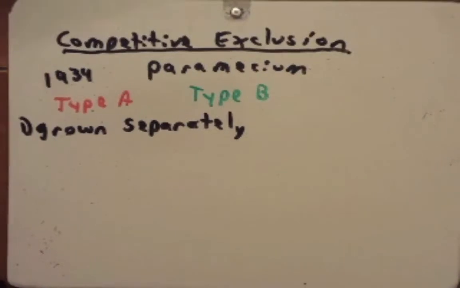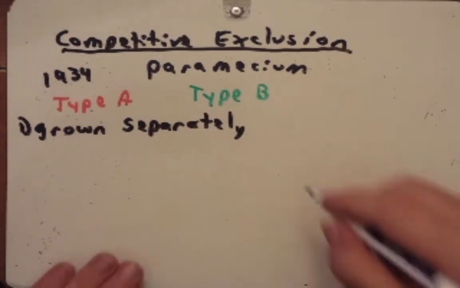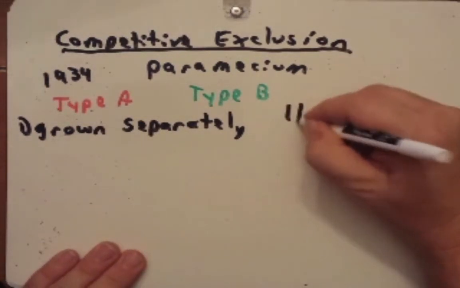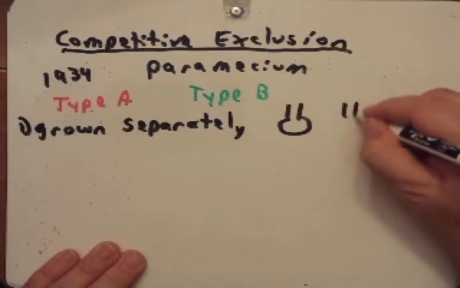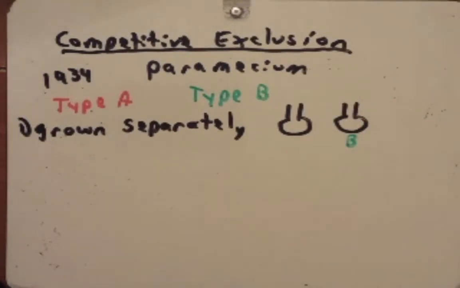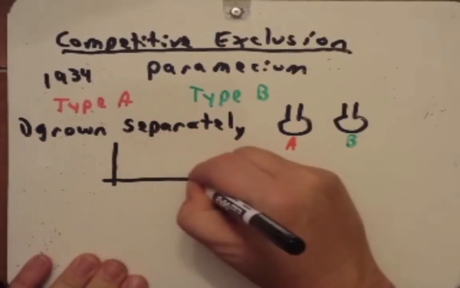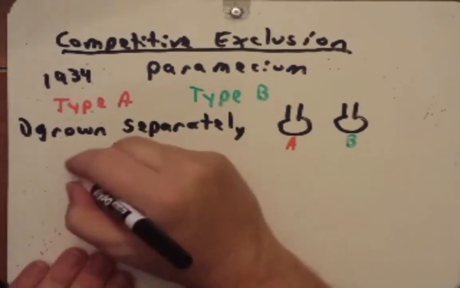In such a way that both type A and type B had all the resources they needed to survive. So you can think of it this way: there were two different flasks. Type B was allowed to grow in this one, and type A was allowed to grow in this one. And when he did this, what he found,